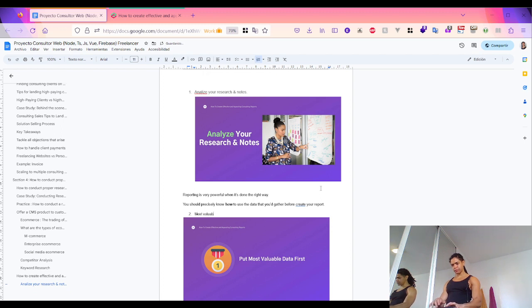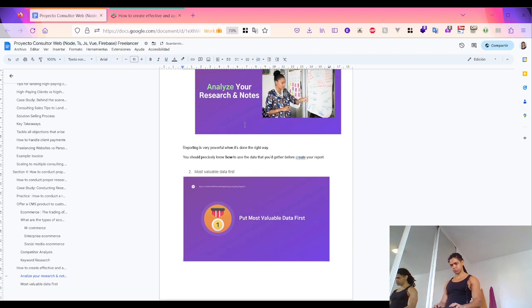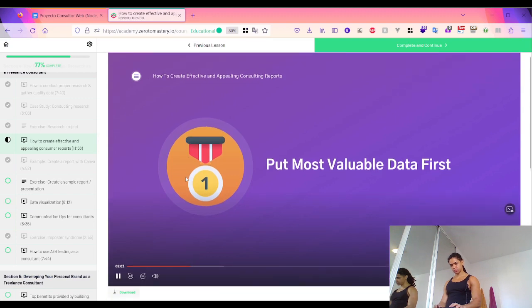Most valuable data first, in the beginning, because you don't want the client to start to forget about what the most important thing was. That's why you need to open with it. Don't just end